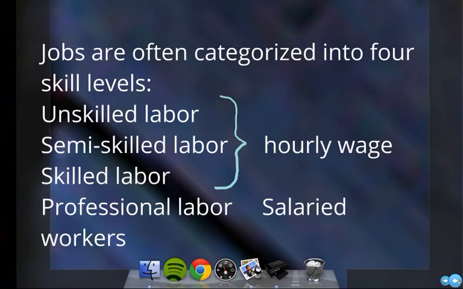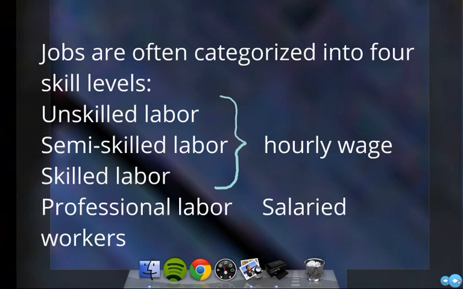Now, some people get hired as semi-skilled laborers. For example, if you get a job this summer as a lifeguard, that would be a semi-skilled labor position, because you've gotten some training to do that job, but really that's not a ton of training, and you don't have to do a lot to get that kind of position. So again, you don't get paid a ton, but you get paid a little bit more than somebody in an unskilled labor position.